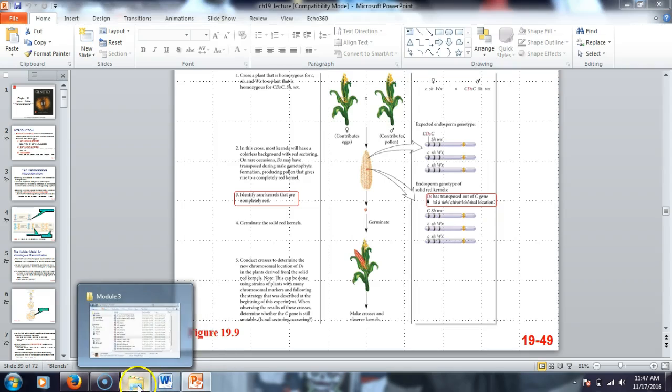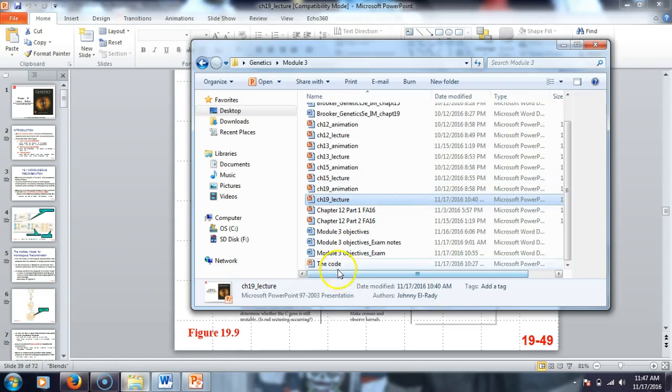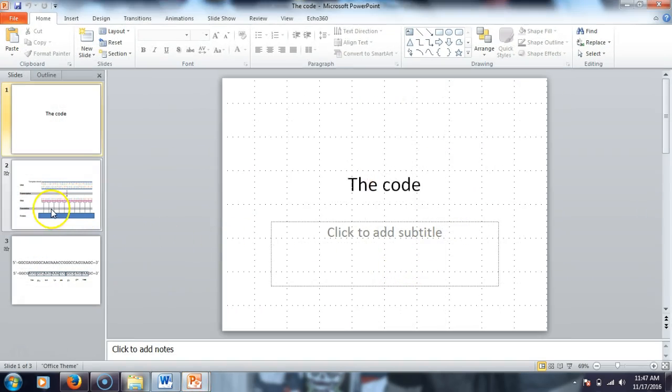I thought I had it open. Called the code. The code. Okay, so,